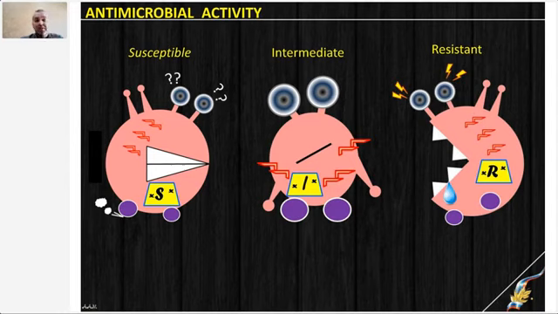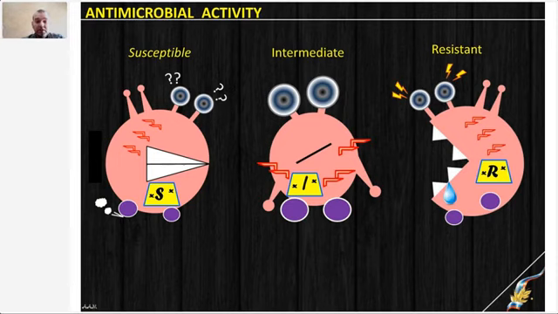Bacterial strain is inhibited in vitro by a concentration of drug that is associated with the high likelihood of therapeutic success. Means that it is highly possible the drug will not harm human but will kill bacteria. Intermediate strain, or abbreviated as I, again in literature is just to save the space and to make it shorter. Susceptible strains are abbreviated as S, capital S letter, intermediate I, and resistant R.